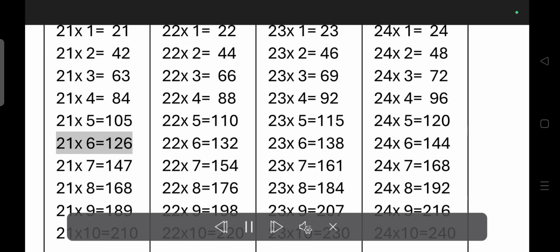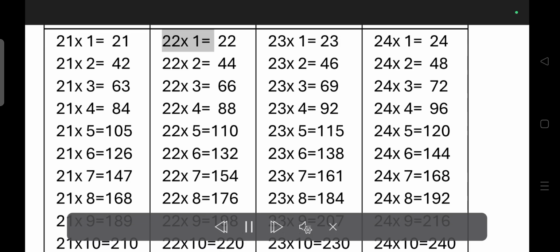105. 21 times 6 is equal to 126. 21 times 7 is equal to 147. 21 times 8 is equal to 168. 21 times 9 is equal to 189. 21 times 10 is equal to